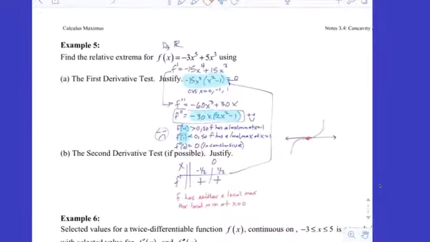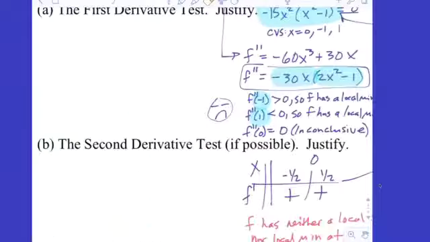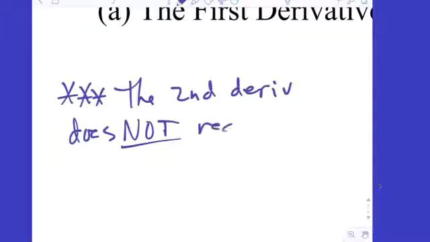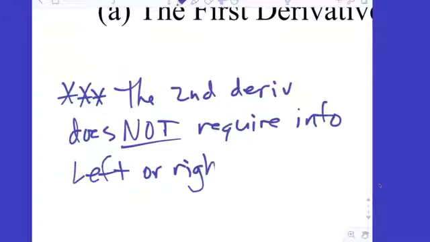Okay, so that's the second derivative test. What's really nice about it is where it earns its keep. It doesn't really earn a living, but the second derivative test does not require information left or right of the critical value. It uses the information at the critical value, which is really, really nice when you're given